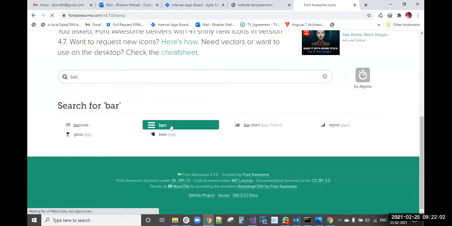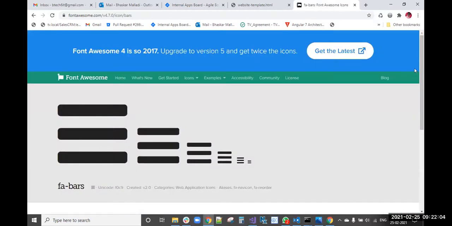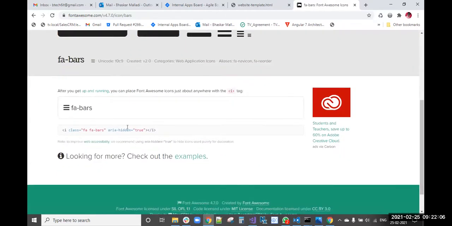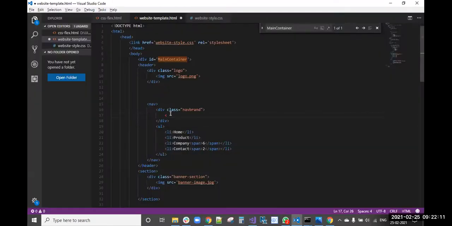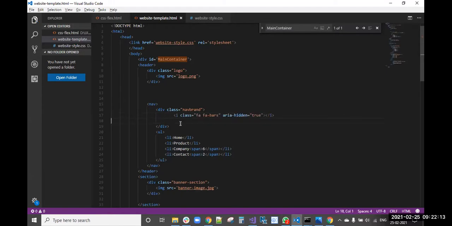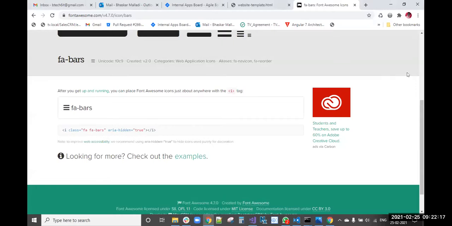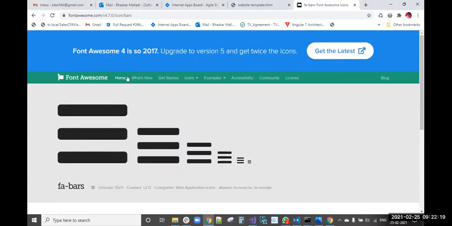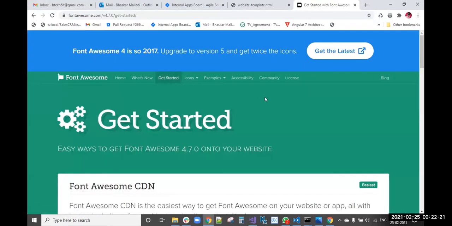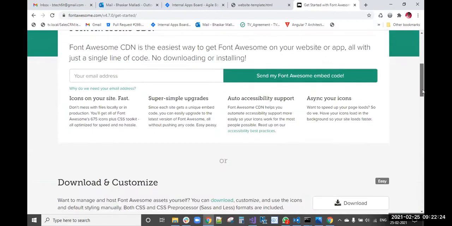So this was this bar only, right? You are telling this one we need to use, but for that purpose we need to include the Font Awesome file, right? So download Font Awesome. Get started.